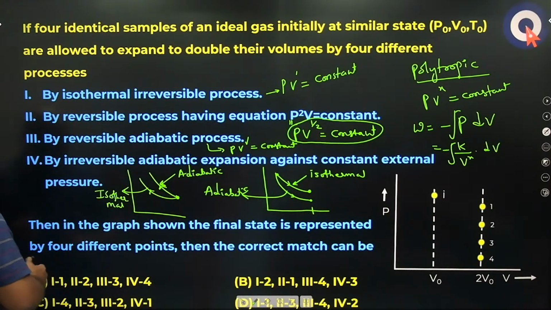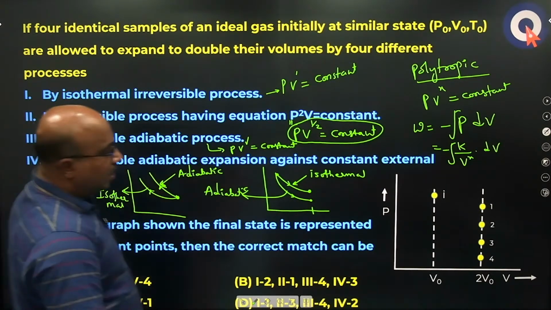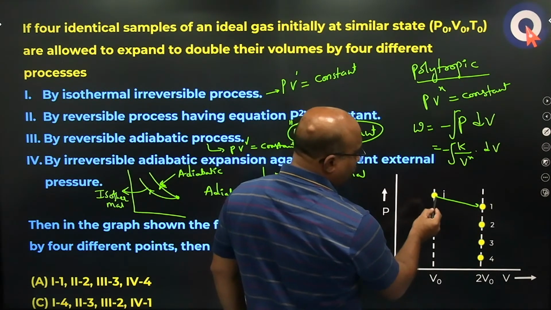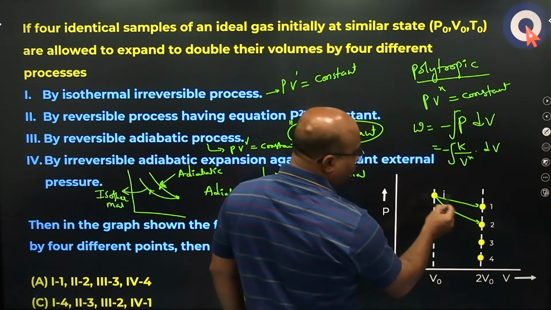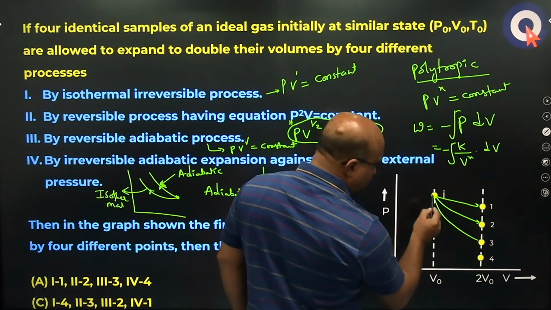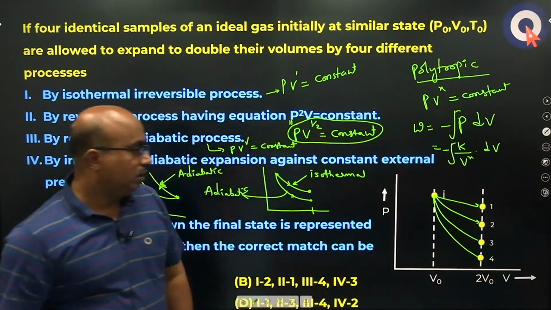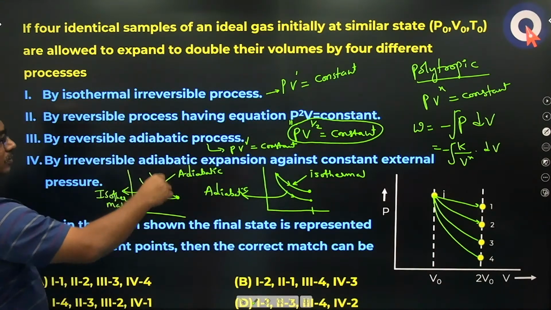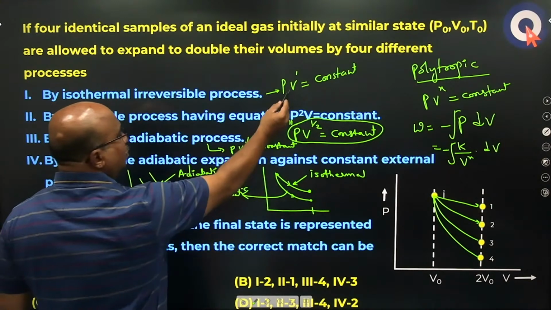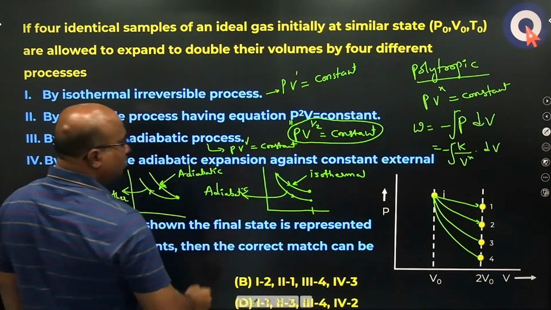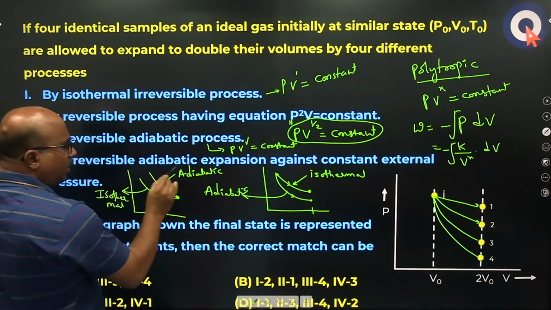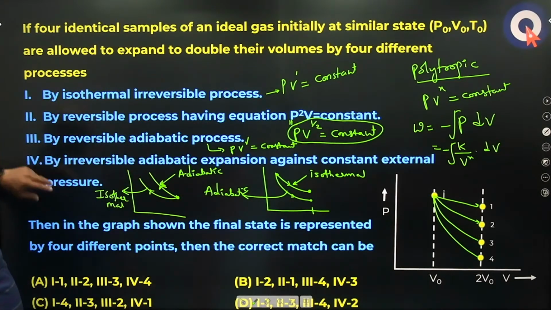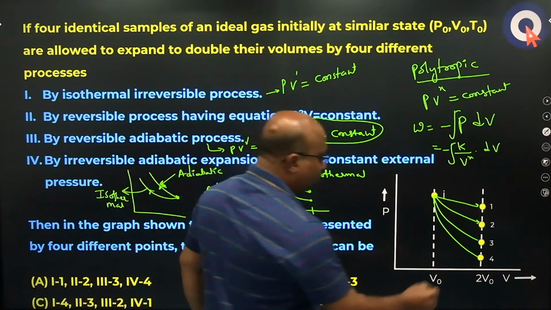So what do you see? Which one may be? Area under this curve. If a process is from 1 to 2, here I to 1, I to 2, I to 3 and I to 4. The area under 1 to 4 is less. So in which case is the work less? Clear? Here it is V to the power of 1, here V to the power of 1 by 2, here V to the power of gamma. For adiabatic you can't define it like that, you can compare these two directly. This is more, this is less. So this has to be